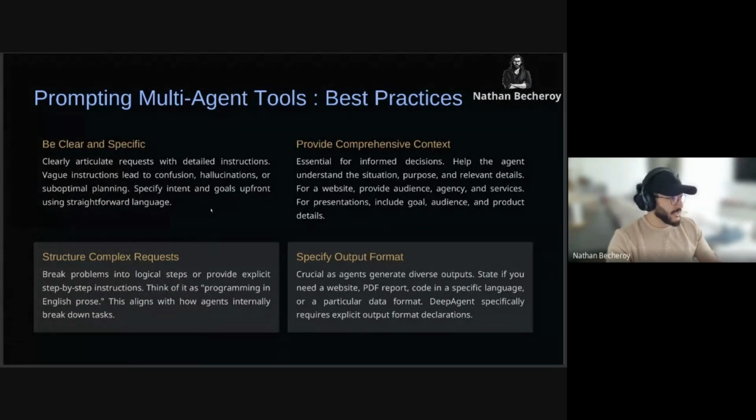You need to explain the context and to detail how this tool, even though it can work autonomously and create its own tasks, the more you give clear, step-by-step instructions, the better the result will be. And then you need to specify the output format.